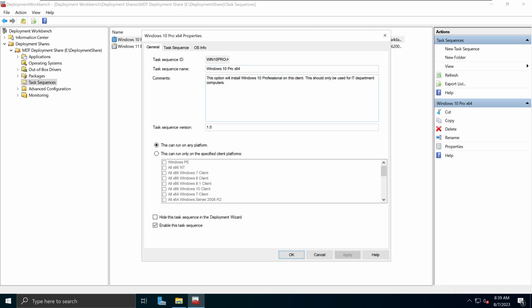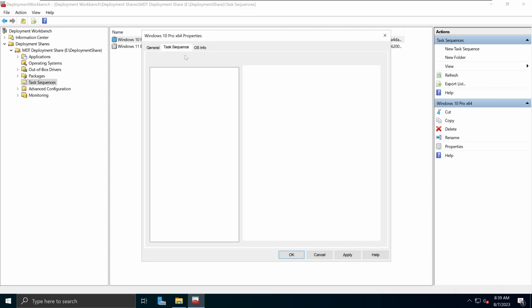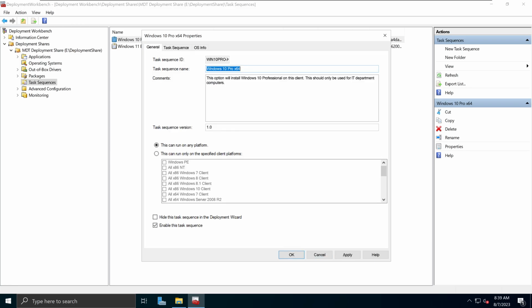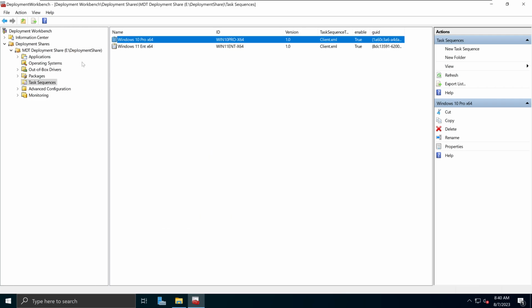We can actually change whatever in here as well, and you can apply changes by right clicking certain changes, not everything. You can also change the other task sequences. You can add it in here, which I went through briefly in my previous tutorial. But basically, what we have done here is added another task sequence that will be applied to our MDT